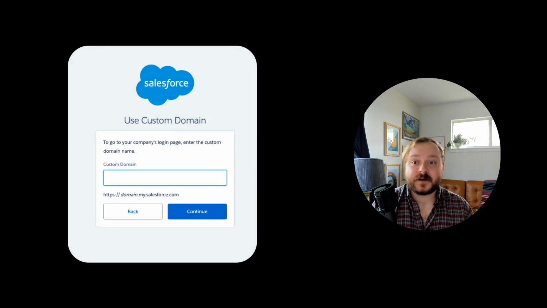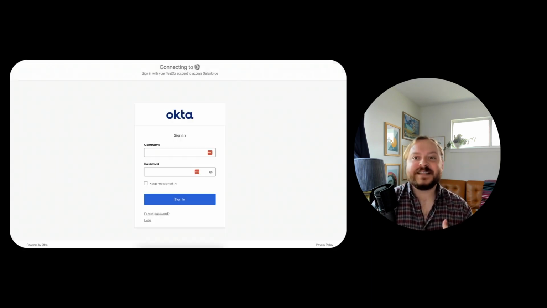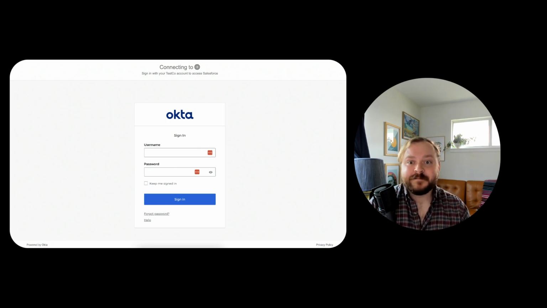In the other path, the employee goes directly to Salesforce via their browser, for instance, and they select to log in with their employee account through Okta. In this path, it works almost identically to the example we walked through in our previous video around SSO. But in this instance, instead of working with Google, they are working with the company's choice of IDP, in this case, Okta. It verifies whether the employee is authenticated and logged in, and then sends a SAML response back to